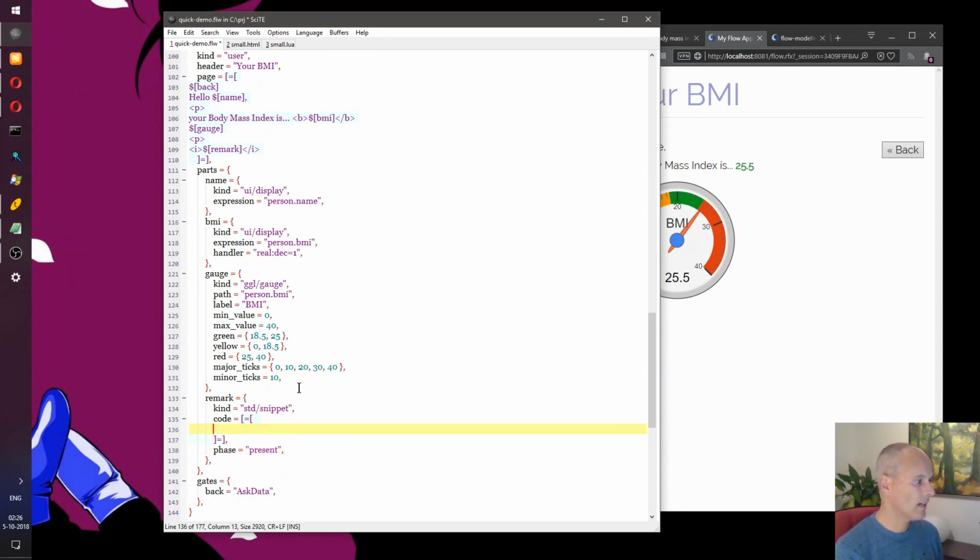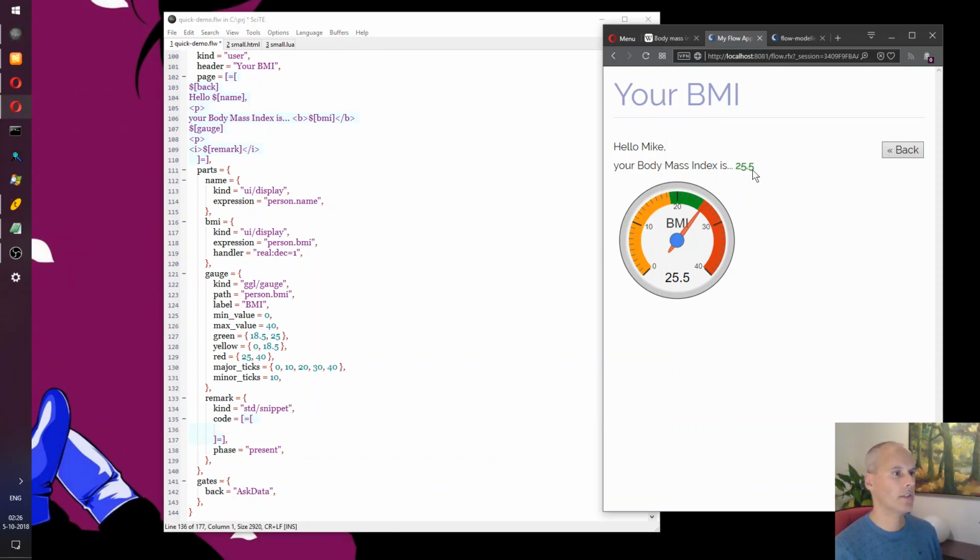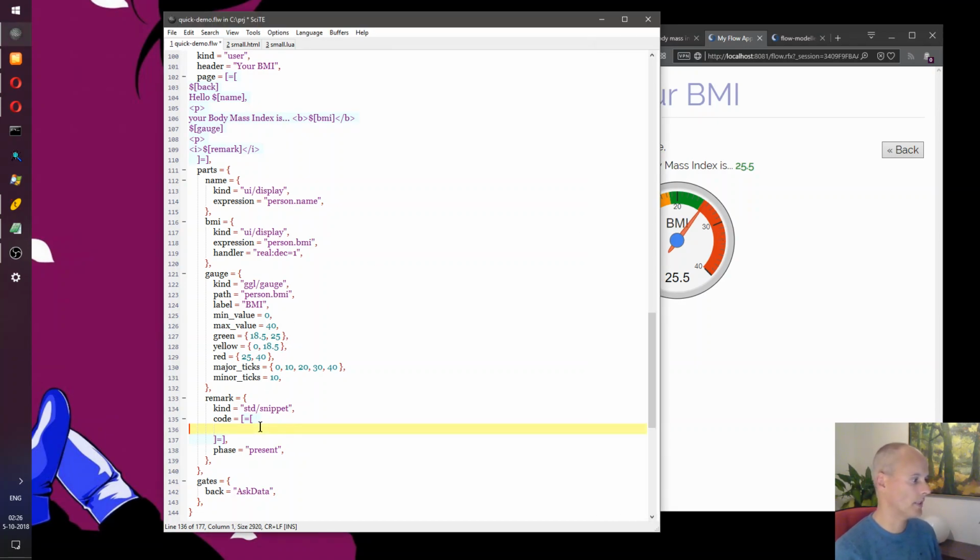What I'd like to do is take this value, see in which range it falls, and then produce a small comment. So I can say the BMI value was stored in the context under person BMI.